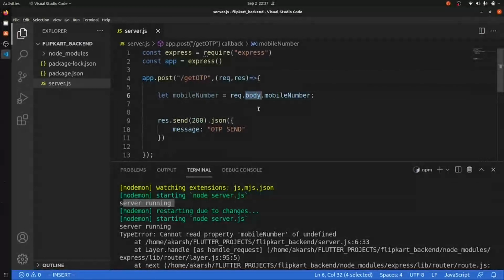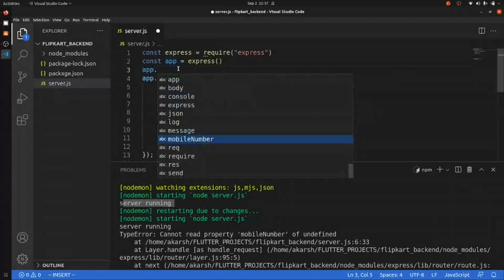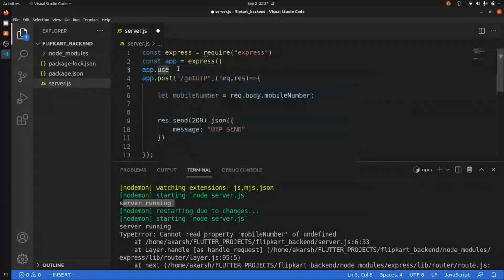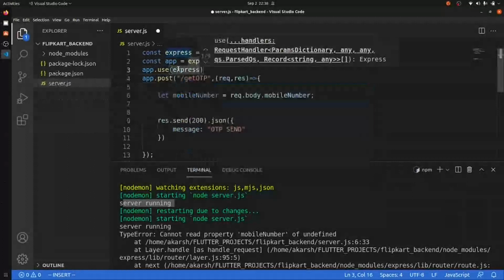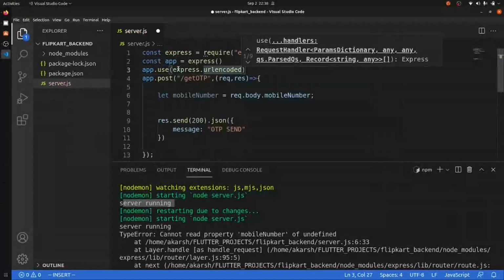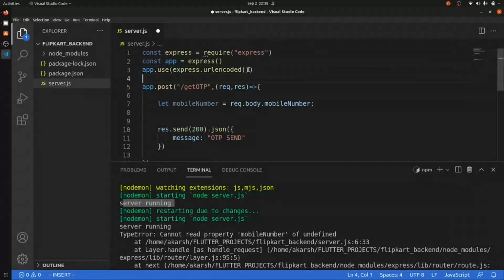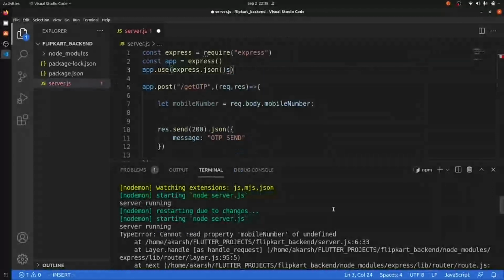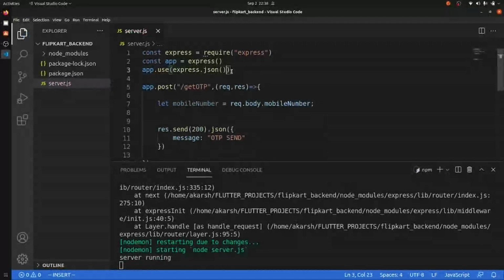I think the issue is app.post. I think now it should work.